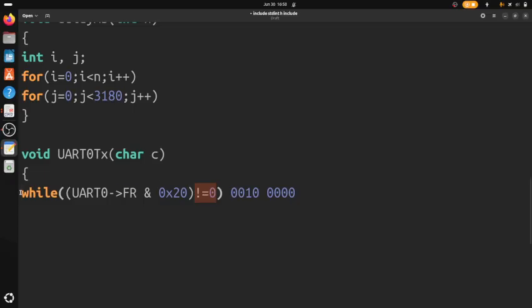So we write here while. While means it will be 0 after some time. That means this will be 0 after some time, but it is not 0 right now. That means this transmitting flip-flop flag will be 0, that means it will be set after some time, but it is not 0, so it is not set right now. But the while says it will be 0 after some time. The while expression says it will be 0 but is not 0 yet. After some time it will be 0. So there is some time that we are waiting. And what we are waiting